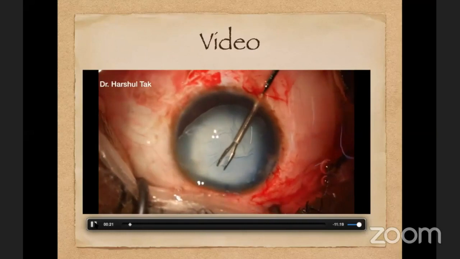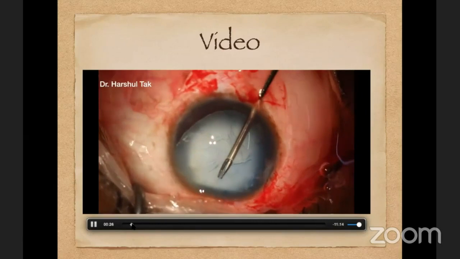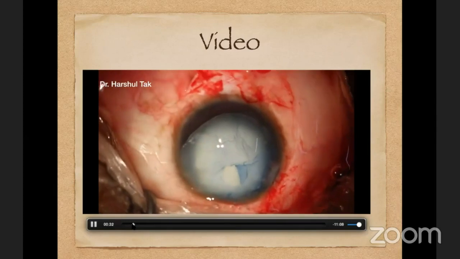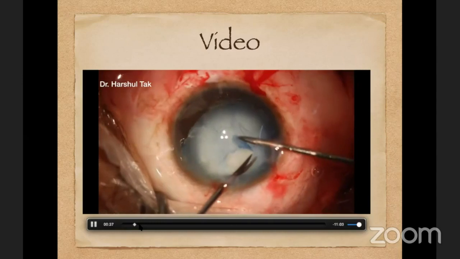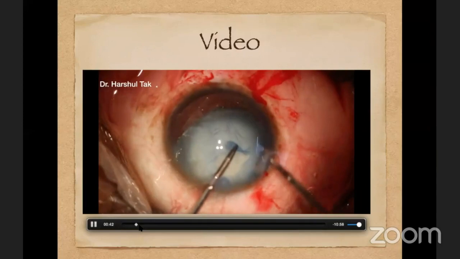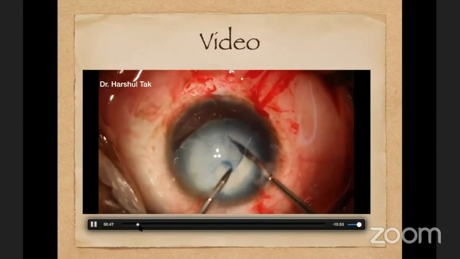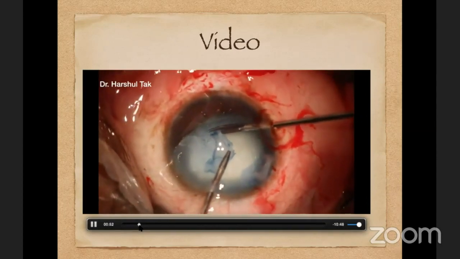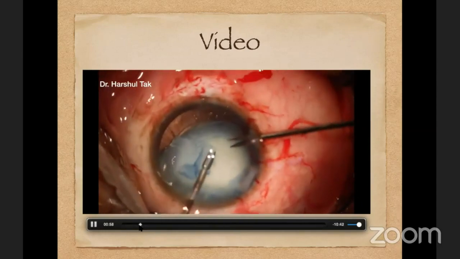So you need to use this capsulorhexis forceps and micro scissors, and be careful that you don't put much stress on the zonules as they are already compromised. So I go ahead and use the micro scissors and use a bimanual approach to cut this fibrotic capsule. You need to be careful that you have a good 2 to 3 millimeter margin of the capsulorhexis from the equator of the lens, so that you can hook the anterior capsule margin nicely with the capsular hooks.